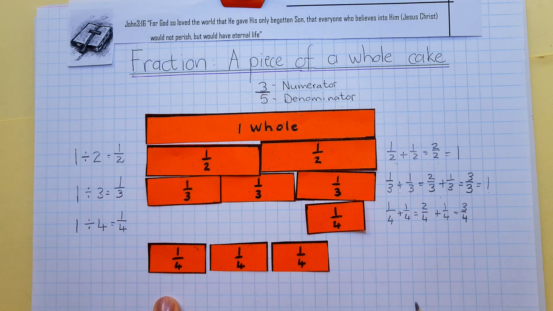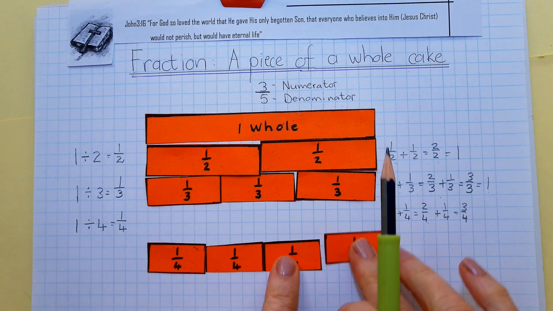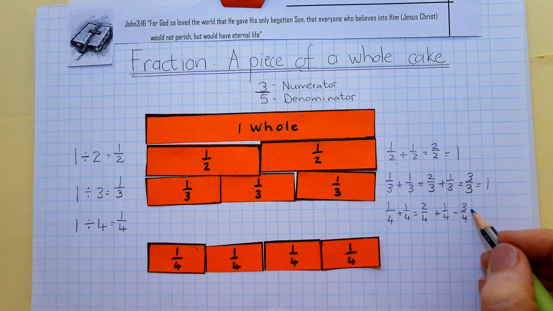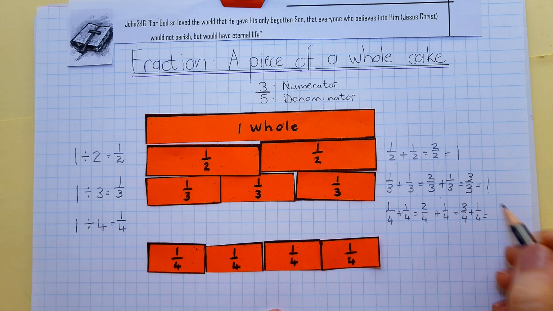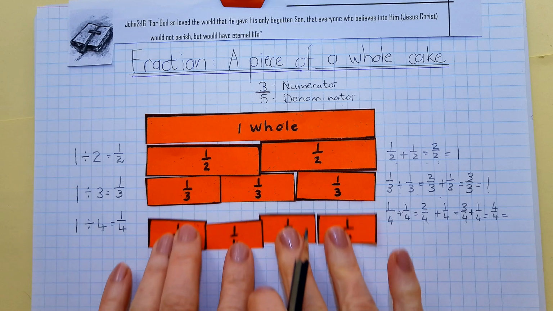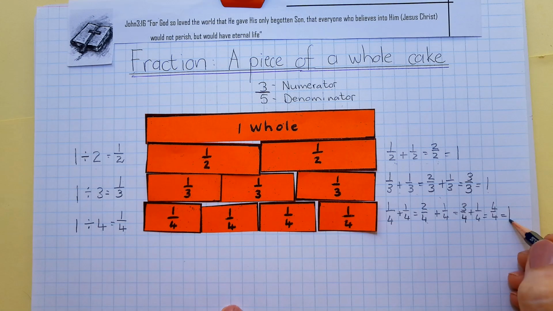Do you catch this? 1 plus 1 is 2, but it's 2 quarters. Plus 1, it's 3 quarters. Plus another 1 quarter will give me 4 quarters. And that 4 quarters makes a whole piece of